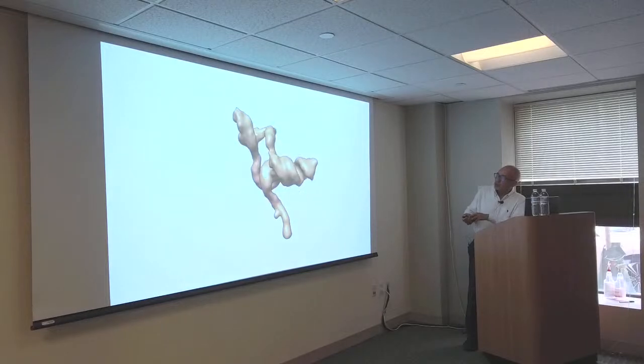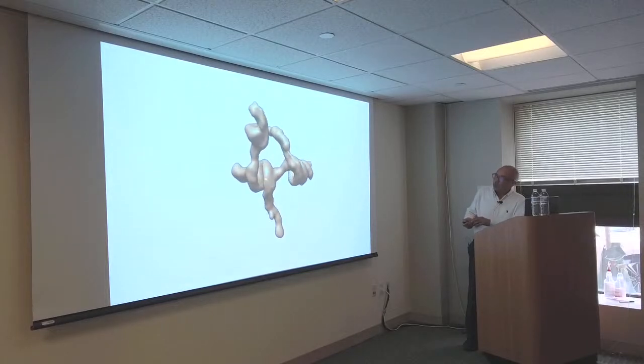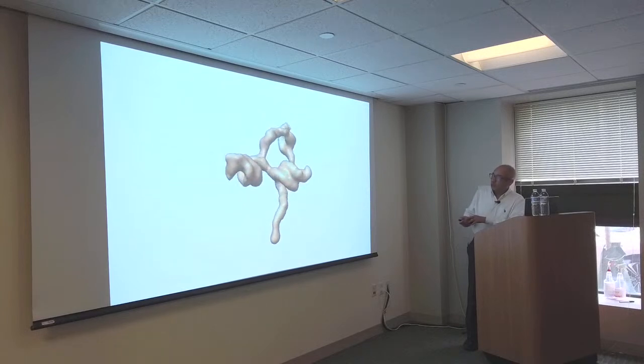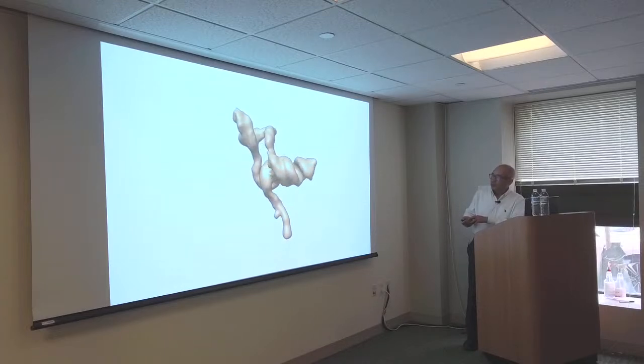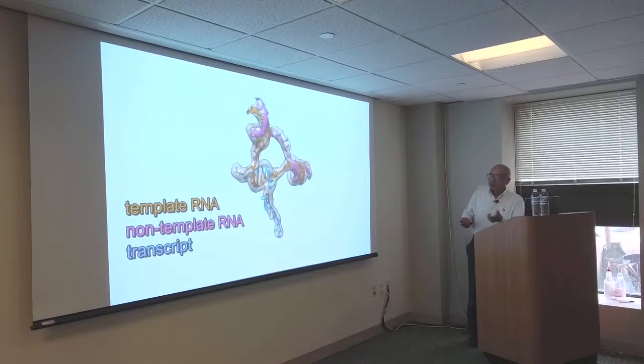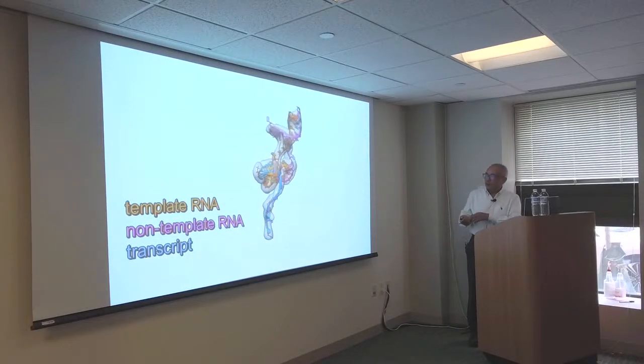You can see that these regions are relatively low resolution, while regions like here are much better resolution. So we can model this atomically in this region with the density, which you can see in a moment. You can see the high resolution structure here being modeled, so we're able to build an atomic model for this part of the catalysis.